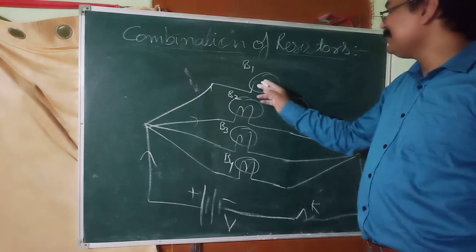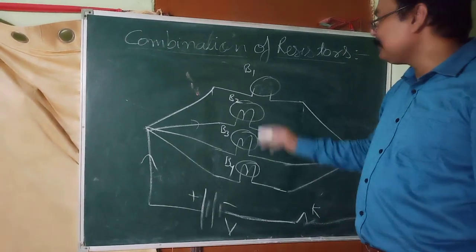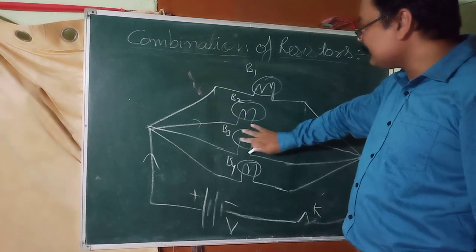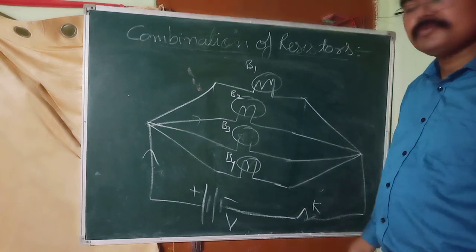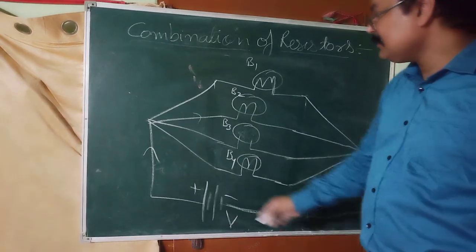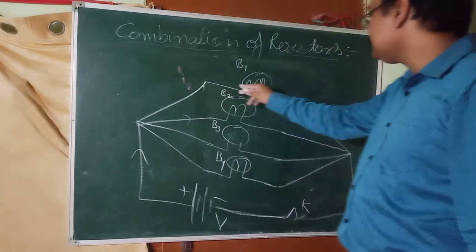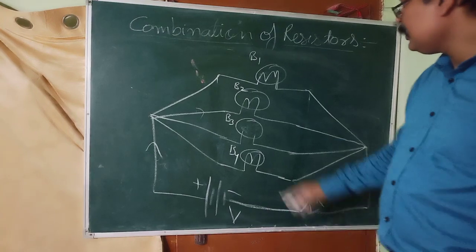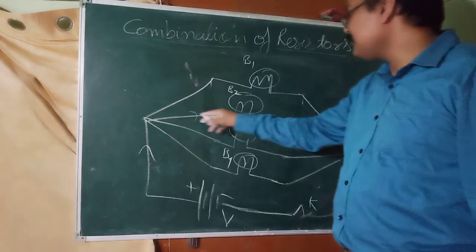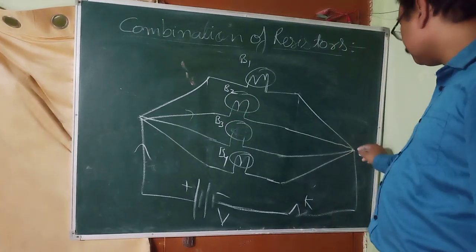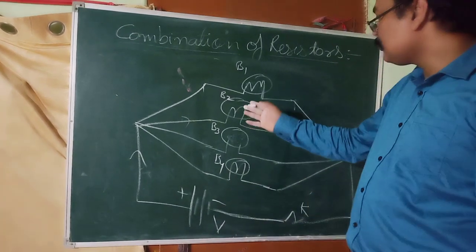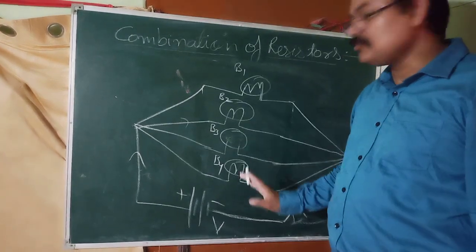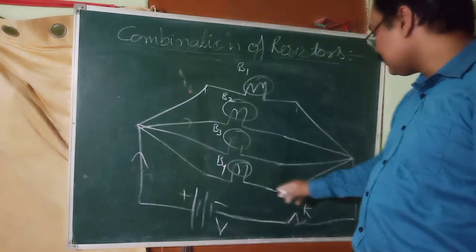Okay. But suppose this is not blown off, and this one is blown off, then what will happen? Will the other bulbs get affected? Let's see. See here, the circuit starting from here is continuing, see. So this will glow. What about this? The same is the situation with this also. The circuit is complete, so closed, so it will also glow. For this, the circuit is not closed, so current will not flow through this. For this, the circuit is closed, so current will flow through this.